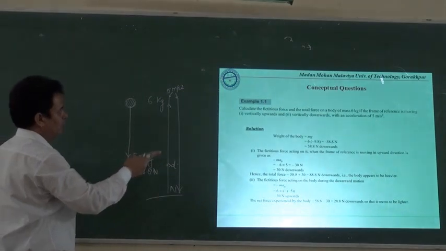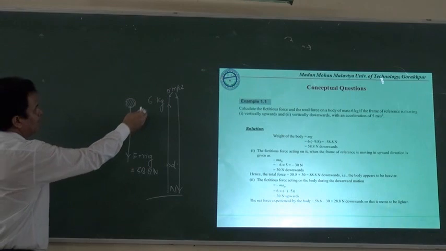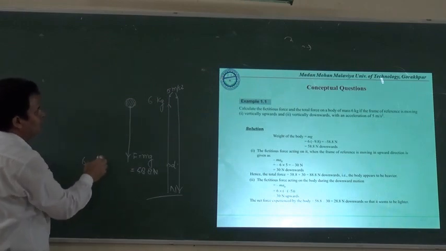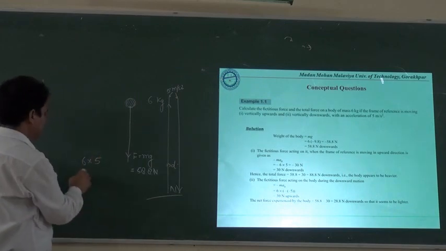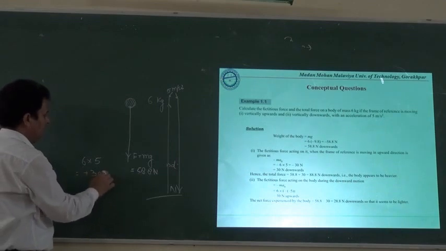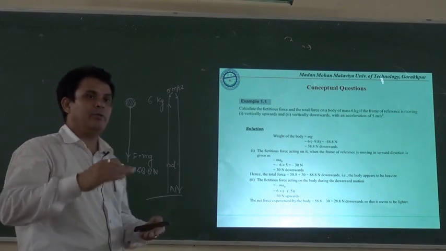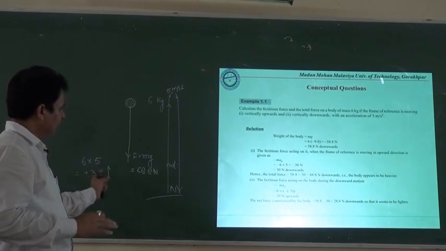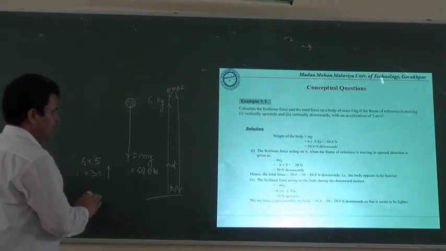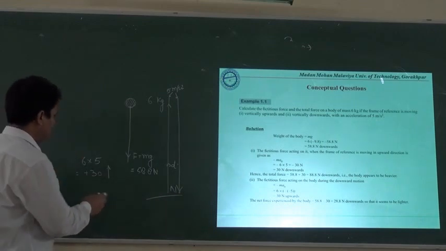Now because of the motion of the frame of reference in the downward direction, we will have the mass of the body, that is 6 kg, multiplied by 6 meter per second square, that is equal to 30, but it will be with a positive sign and it will act in the upward direction, and the weight of the body was acting in the downward direction. That's why both will be in opposite directions, and the total force experienced by this body will be equal to